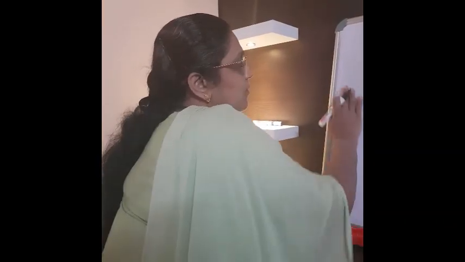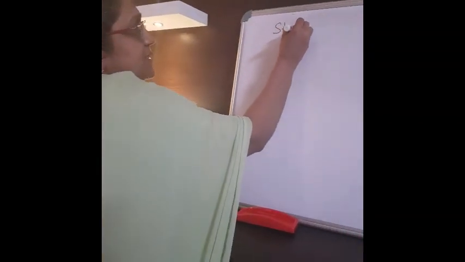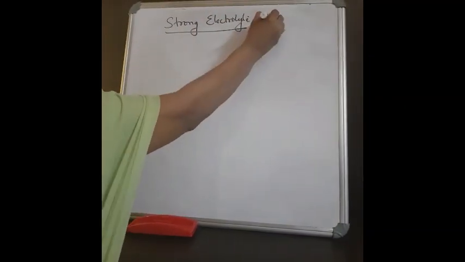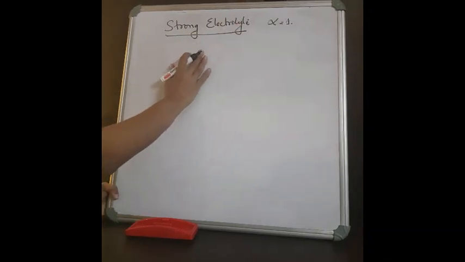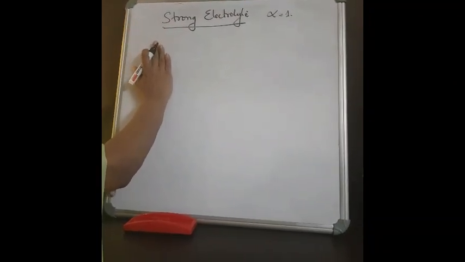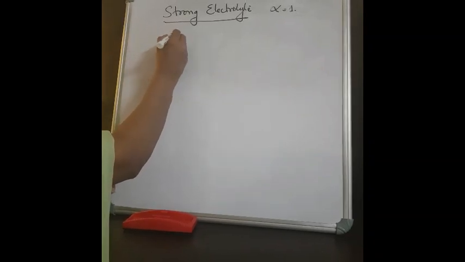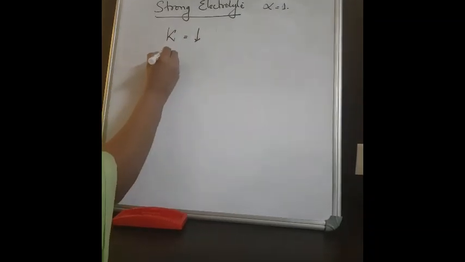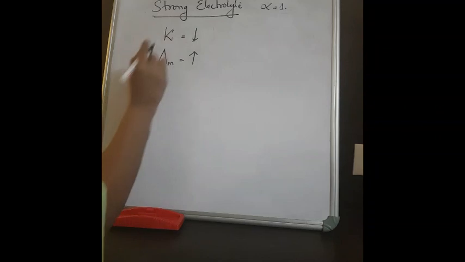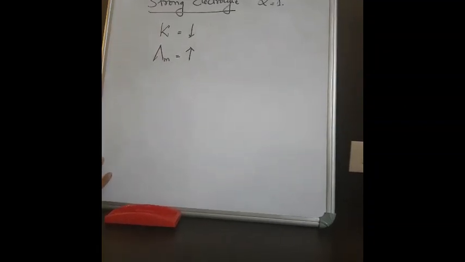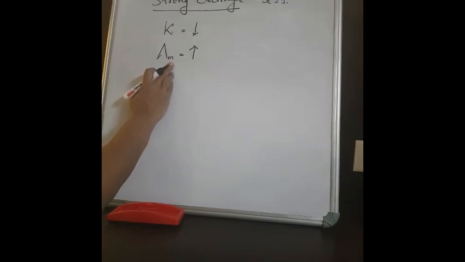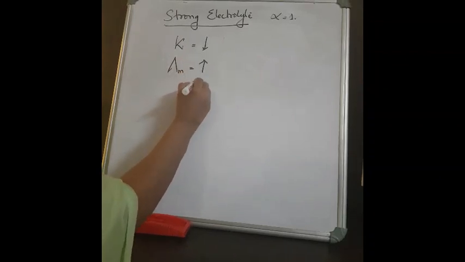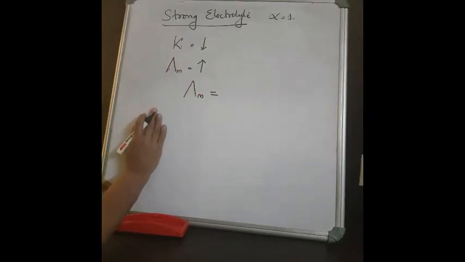Now, for a strong electrolyte, what is a strong electrolyte? Complete dissociation, alpha is equal to 1. Correct. Example, KCl, NaCl, etc. Now, in the case of a strong electrolyte, the effect of dilution is that kappa decreases and lambda m increases. Correct. Now, the molar conductivity is related to an equation where the equation states as lambda m is equal to